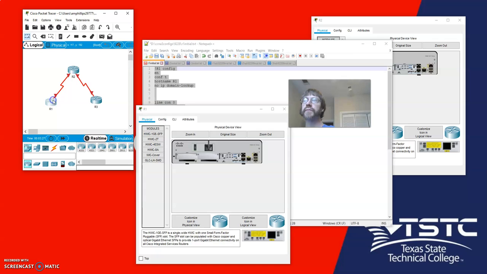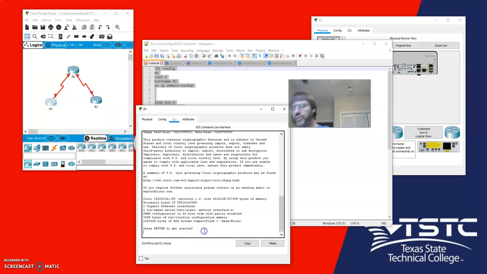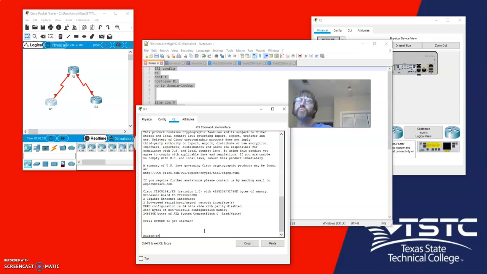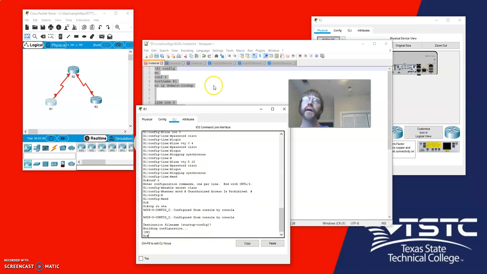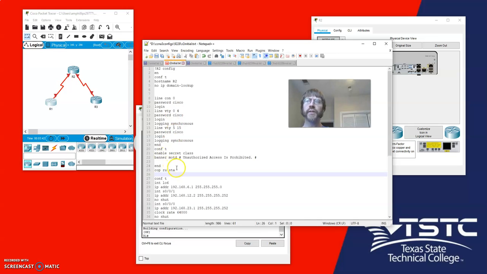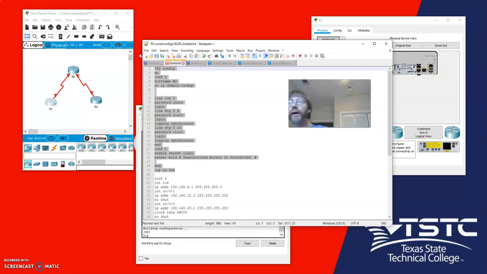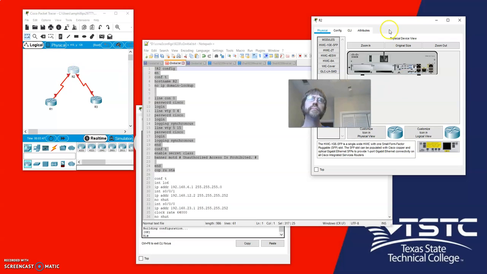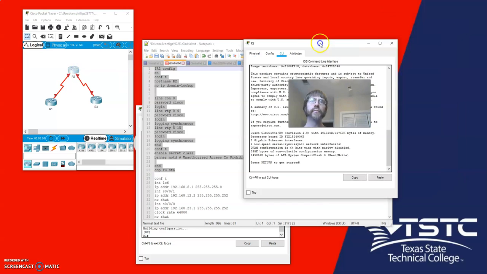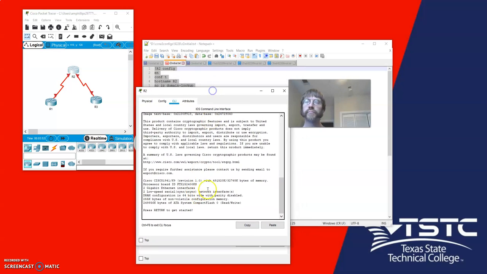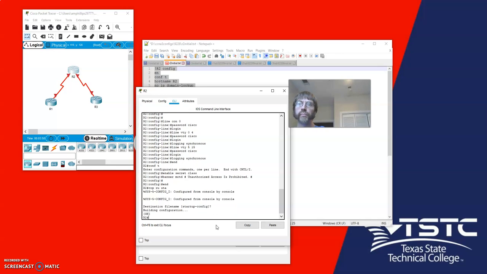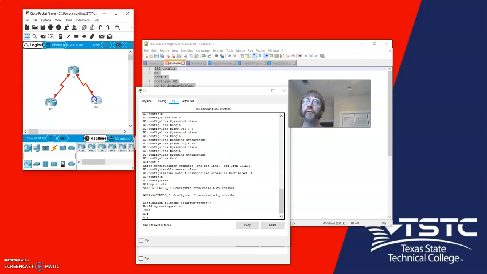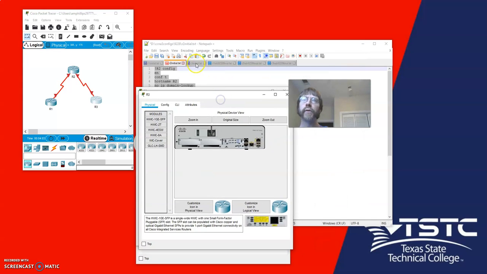So copy, go to your config. If you're doing it like this, you really don't need to worry about anything. Enter. And of course, copy run start at the beginning of every initial config. My command line, bring that down here, enter, paste. Okay, grab router 3 and router 3 initial,